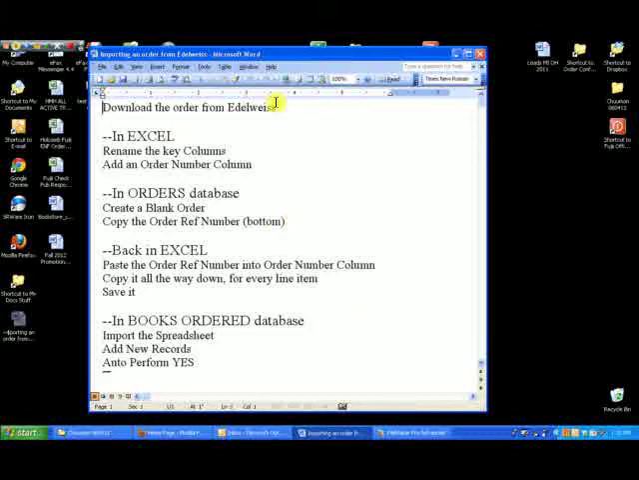We're going to download the file from Edelweiss, and that will be an Excel file. In that Excel file, we're going to rename a couple of key columns, and we're going to unname a couple of columns as well, and I'll explain that further. And finally, we're going to add one extra column, which is the order number, and we'll pull that from the